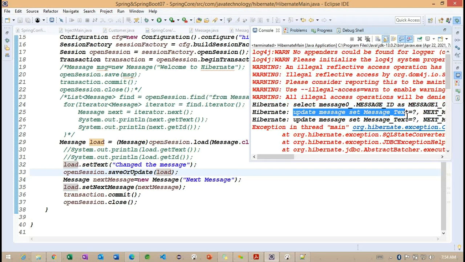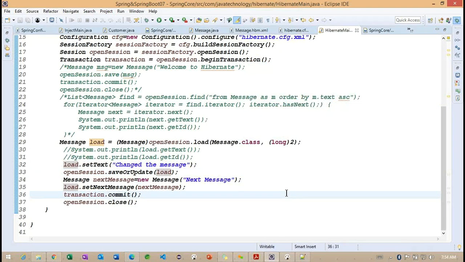Okay, again we are getting update. Why are we not getting the insert message?